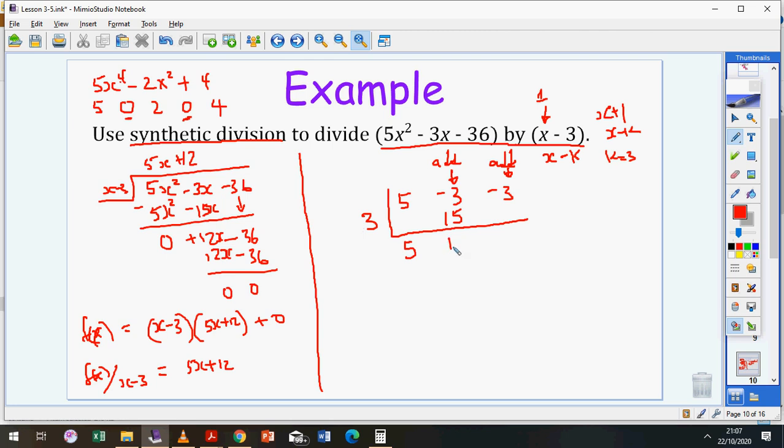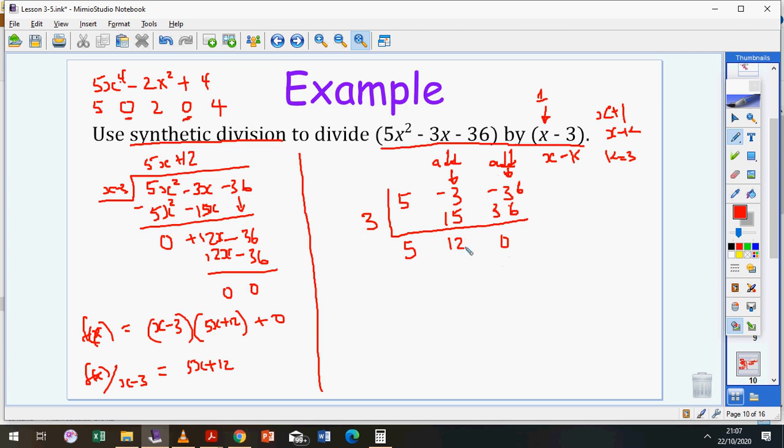Then you repeat the process. 12 times 3 is 36. This was 36 because the coefficient was 36, sorry. In this column again you add, so negative 36 plus 36 is 0. Once you get a 0, you know that your remainder is 0. Because 0 times 3 is still 0, and I don't have any other coefficients here to keep going. So I've finished my division really,